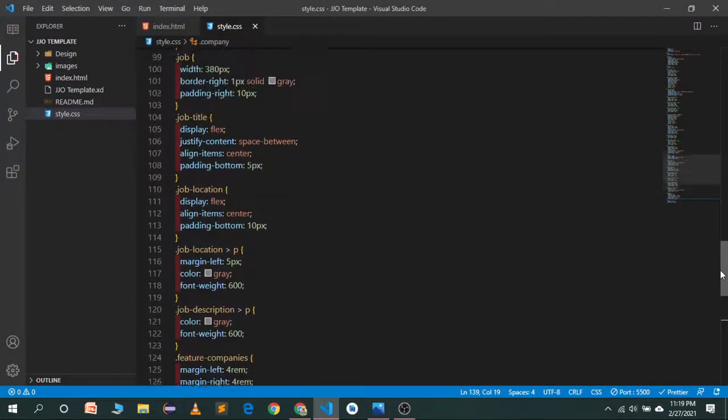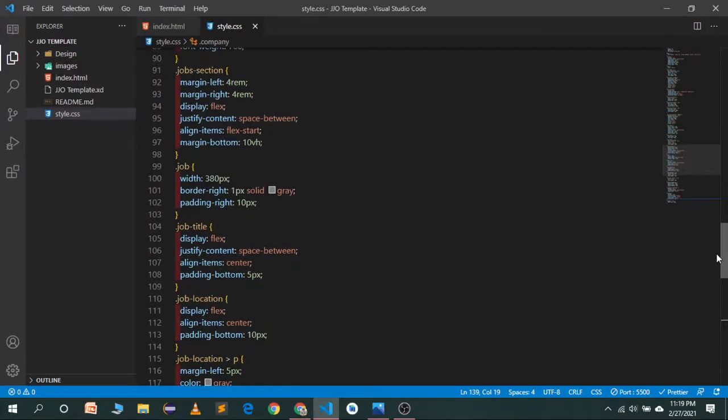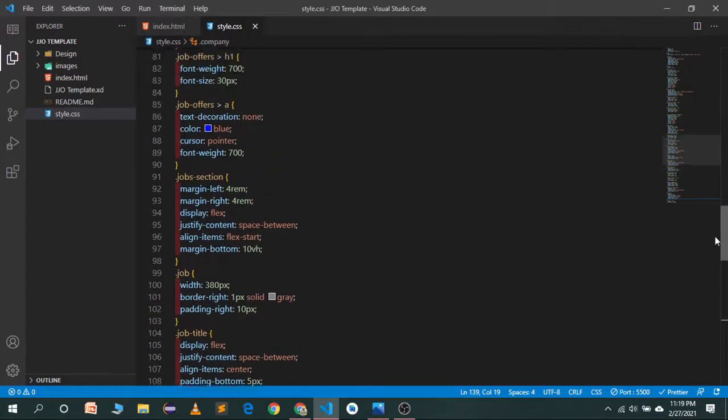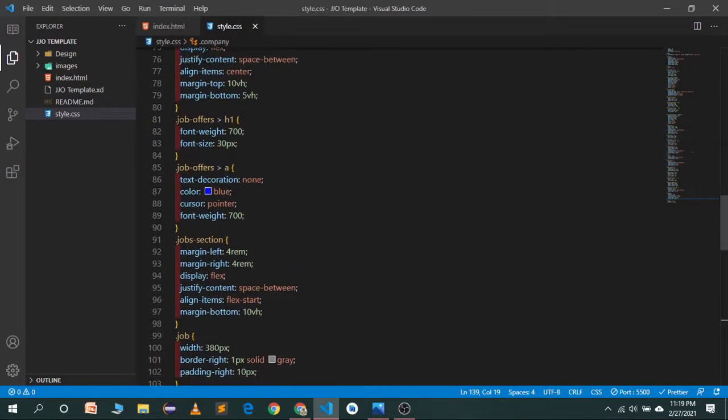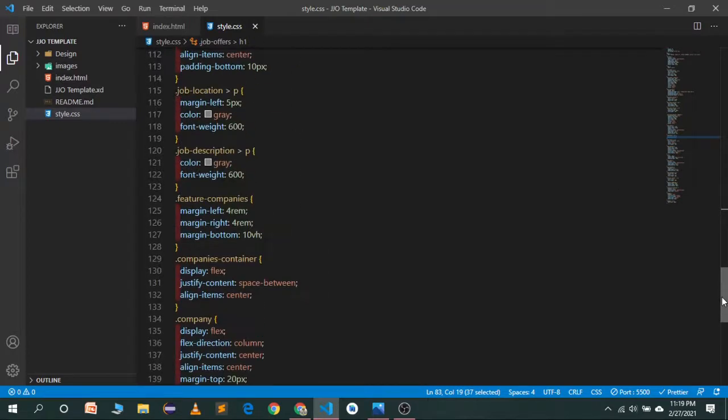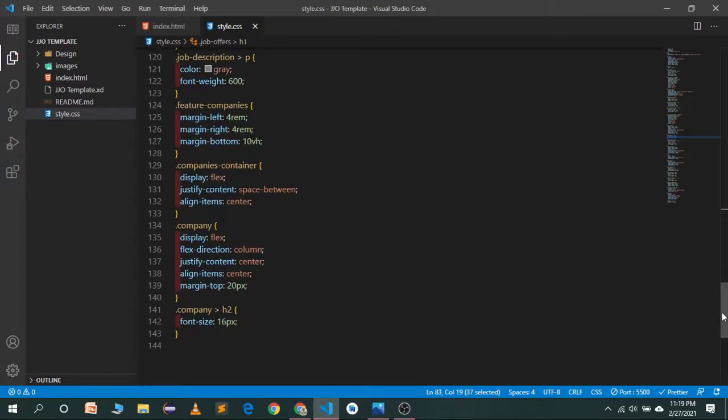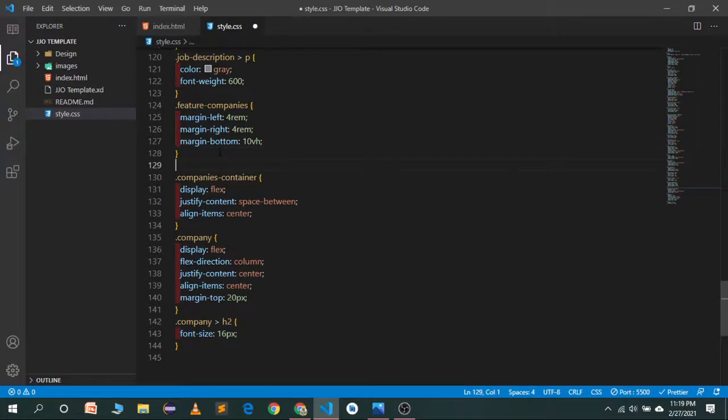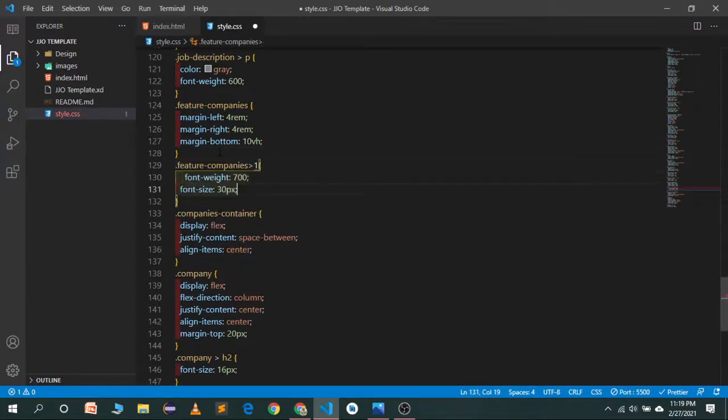So for our upper heading, where we will give it a heading, so I think so here I will copy the same properties and give it to the heading. So in the job section, where is the company's container, so in the feature companies we have a heading and I will give it the same properties.